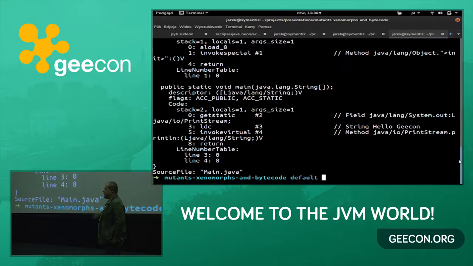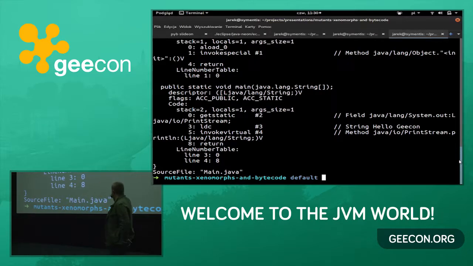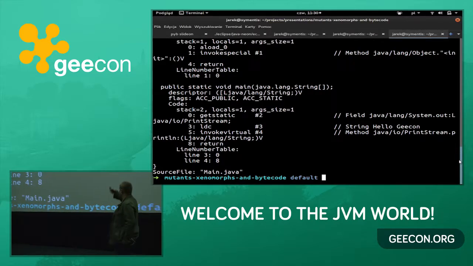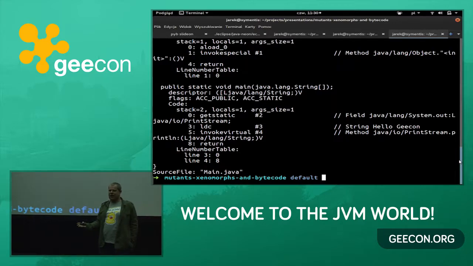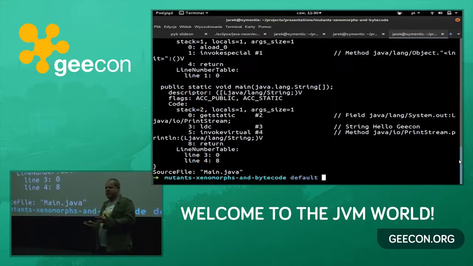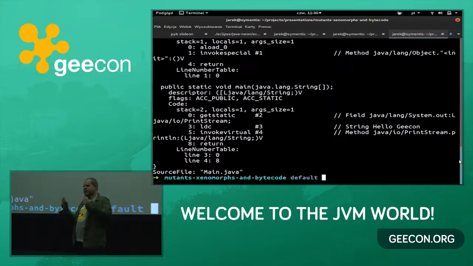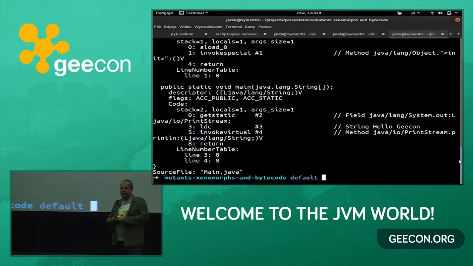So what is it? Getstatic, this is System.out, println, okay? You get the value of the System.out field. Then you load hello world as a parameter which comes to the method, and then you call this method. Simple. And of course, when you invoke the method, the things that are on the stack are just popped from the stack. They are no longer on the stack. It's empty. Unless the method returns something, then the result of the invocation is pushed on the stack, so you can use it to call the next method. Simple? Simple.